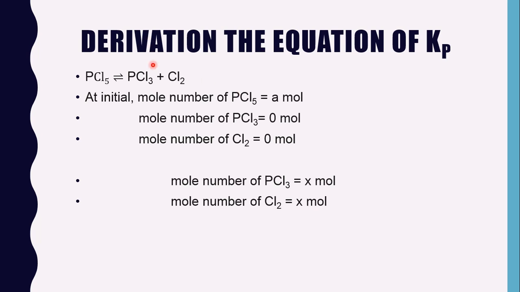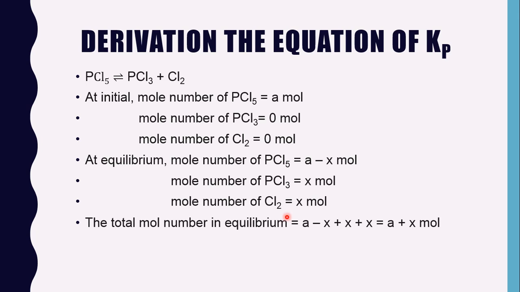Now 1 mole PCl3 and 1 mole chlorine is produced from 1 mole PCl5. Now X mole PCl3 and X mole chlorine will be produced from X mole PCl5. But at the initial, the mole number of PCl5 was A mole, and X mole PCl5 is decomposed to produce product. So at equilibrium, the mole number of PCl5 equals A minus X mole,